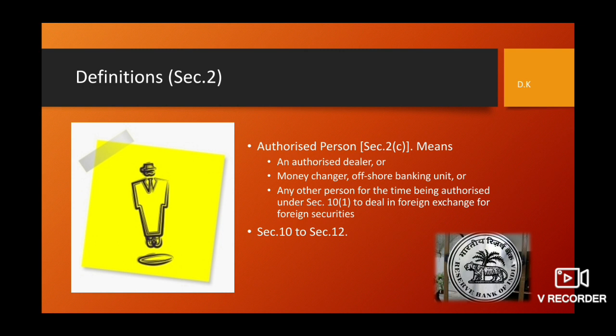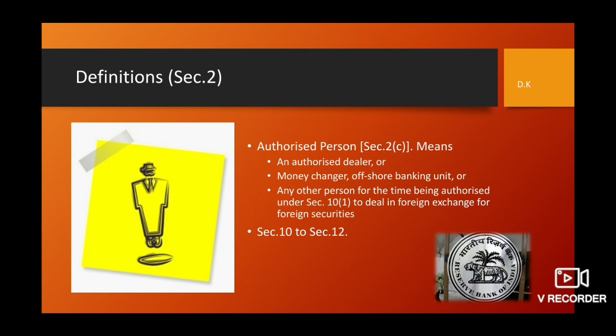For granting the authorization, application has to be made to the central bank. Every country will have its own central bank. Likewise, in India, we have the Reserve Bank. The Reserve Bank may, on application made to it in this behalf, authorize any person to be known as authorized person to deal in foreign exchange or foreign securities as an authorized dealer, money changer, or offshore banking unit. For such authorization, application will have to be made to the Reserve Bank. The authorization shall be in writing and shall be subject to the conditions laid down therein.